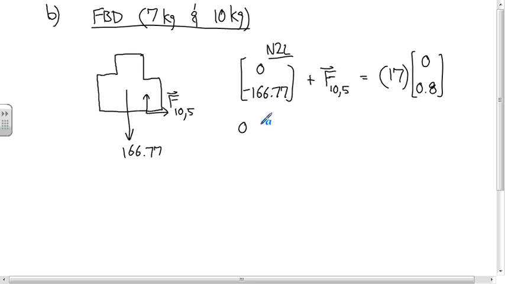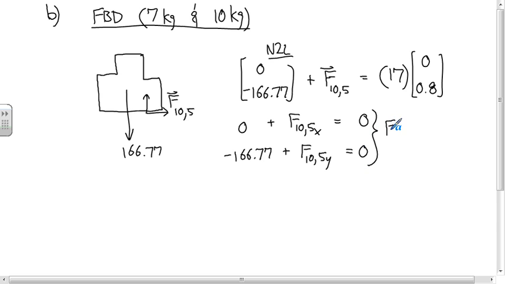And the two equations that gives are 0 plus F 10,5 x is equal to 0, and negative 166.77 plus F 10,5 y is equal to 0. And if you solve both of those for the two components, you get a vector F 10,5 that's equal to,